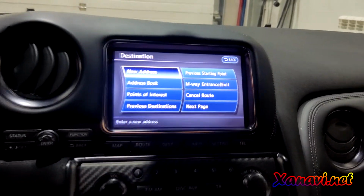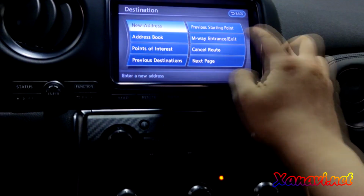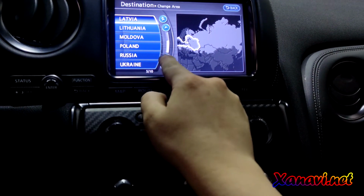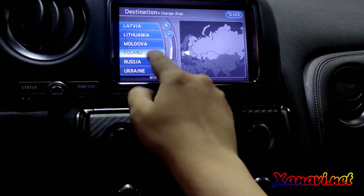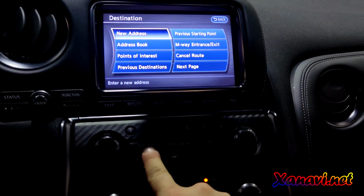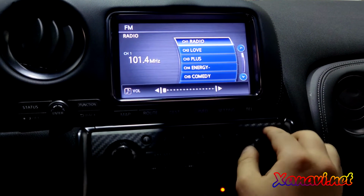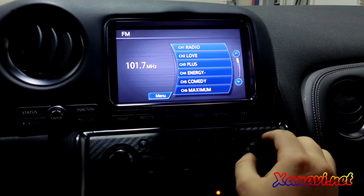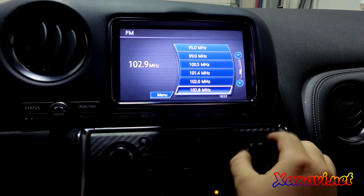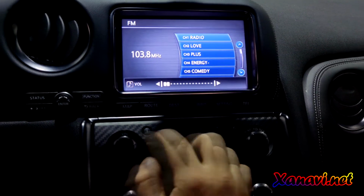So what do we see now? Available navi maps of European countries, Poland for example, the radio range, the full radio range, also